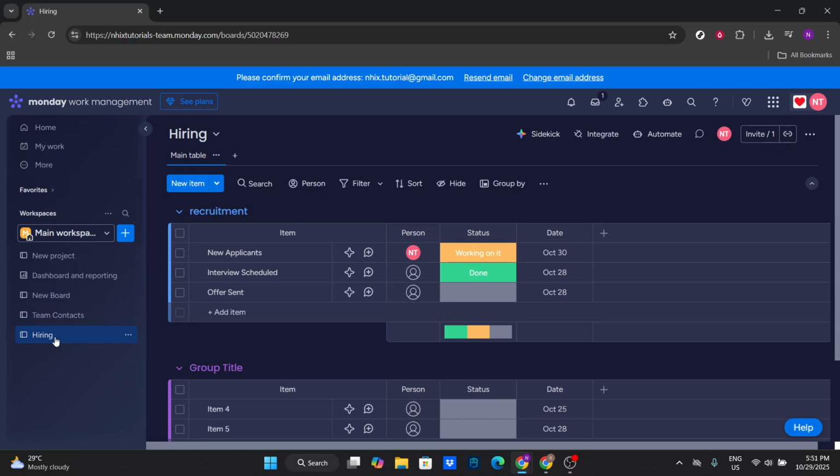Now with your board created, it's time to add specific items that will represent different stages of your hiring process. Visualize your process and think about the typical flow an applicant follows. You'll want to include items like new applicants, where you can keep track of incoming resumes, and then interviews scheduled to monitor who you've lined up for interviews. Follow this up with categories such as offers sent to document candidates you're extending offers to, and finally,